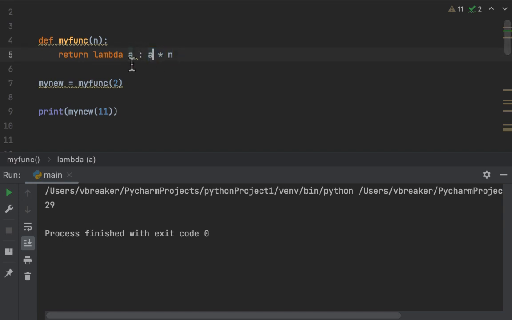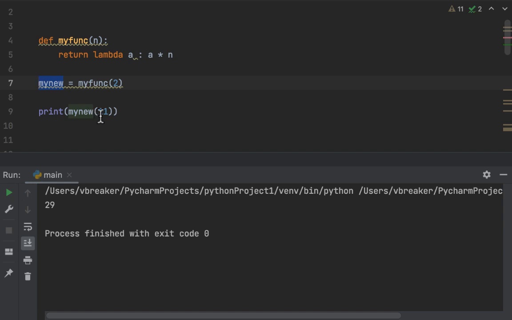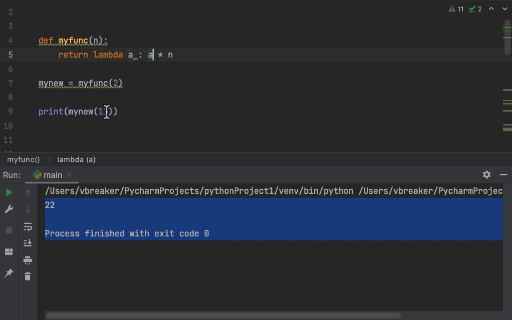So the lambda here, what it's doing is, I told you it has only one expression. So this a, which is this lambda a, which matches up to, stored in this as a new value, is expressed here. So this a represents this number we pass in, and this my function which we called also passes through an argument to this n position. And now when we run our code, we get 22, because a, which is this, multiplied by 2, which is the n in our parameter, will give us